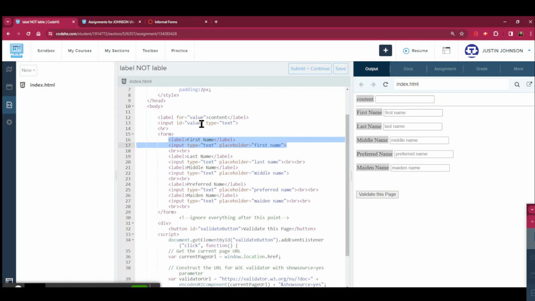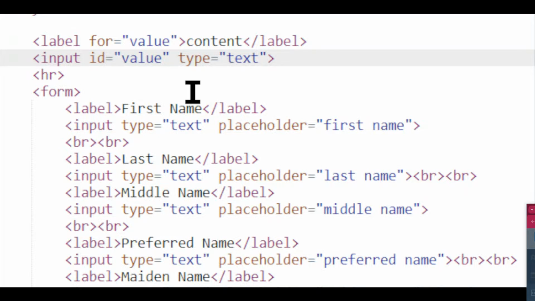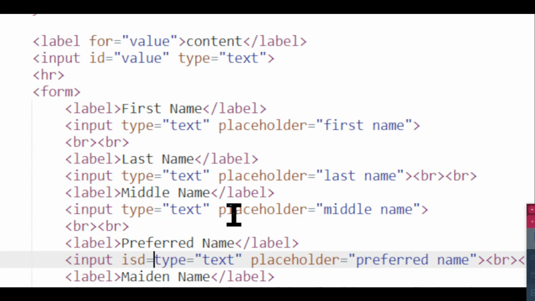If the ID value was somewhere else, I'll put it down at the preferred name. For the preferred name, if that input had ID equals value,